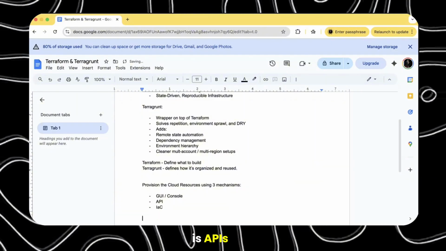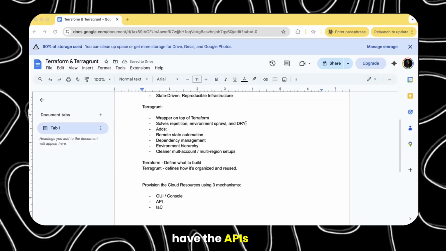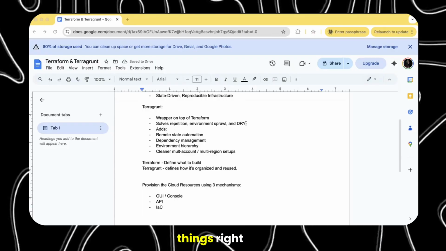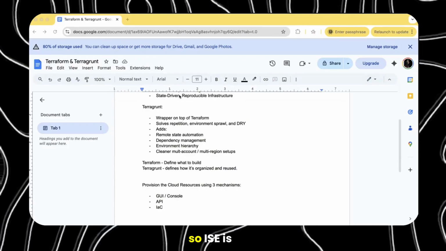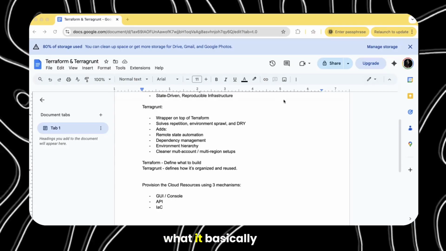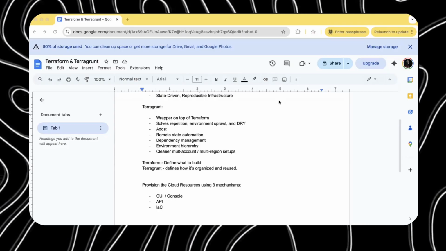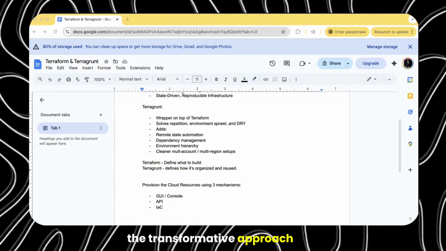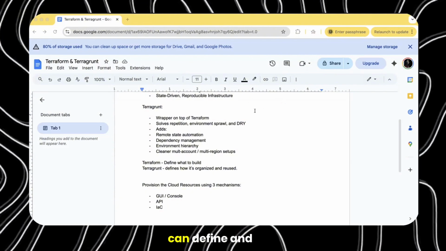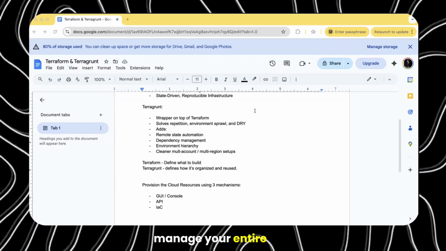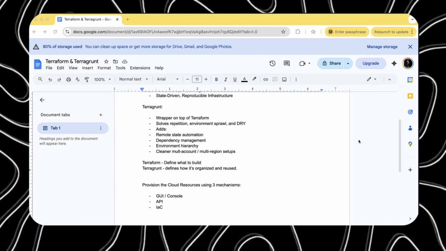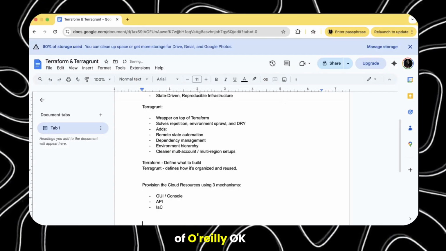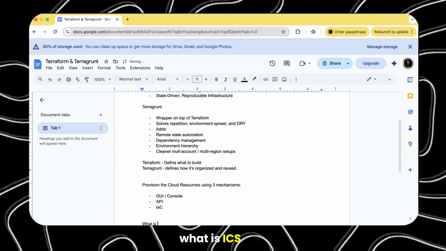The second method, APIs, means you can have the APIs and other things. So IaC basically represents a transformative approach to infrastructure management, where you can define and manage your entire infrastructure through code. So, what is IaC?